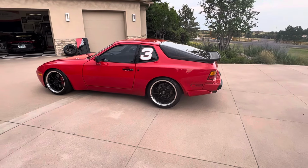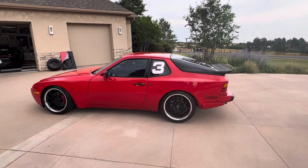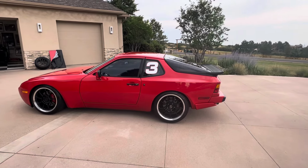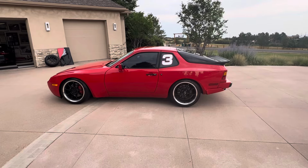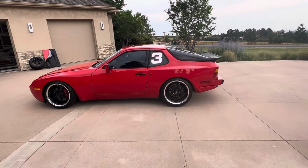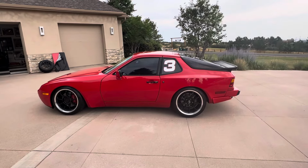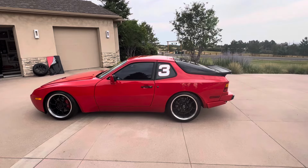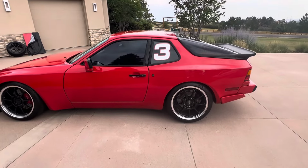Just a beautifully kept car. Like I said, super meticulous owner. He's had it since 1990 with about 10,000 miles on it. Somewhere in the 57,000 mile range, he discovered the PCA DE events and started doing some of those. And over the years, developed it mostly with the help of a gentleman named Chris Cervelli, who's one of the most brilliant automotive minds I've ever met